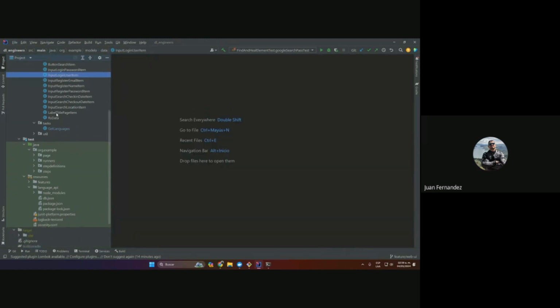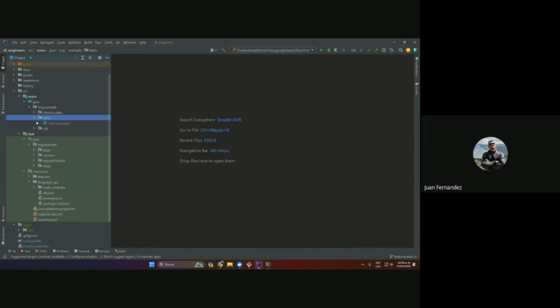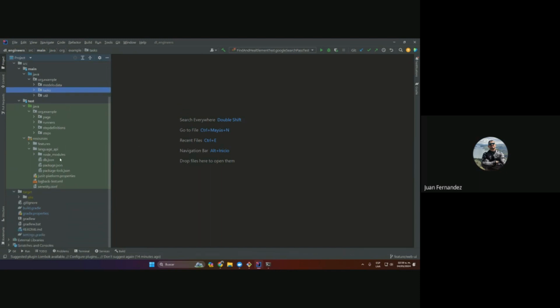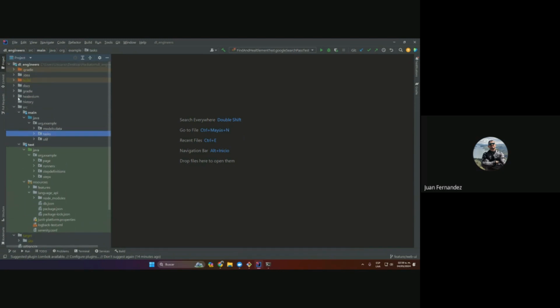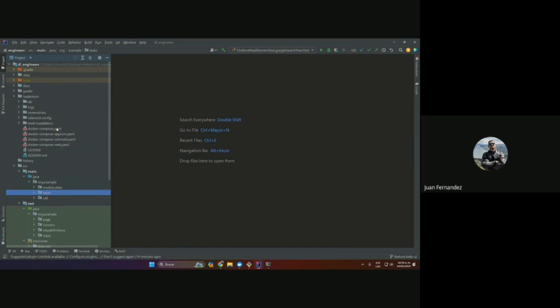The second thing that we are adding on this project is the auto healing. This is something really special for us because you know that now in the whole world, we are using artificial intelligence, and we are including this into the project. So what we are doing here is that we include this folder where we have different YAML files